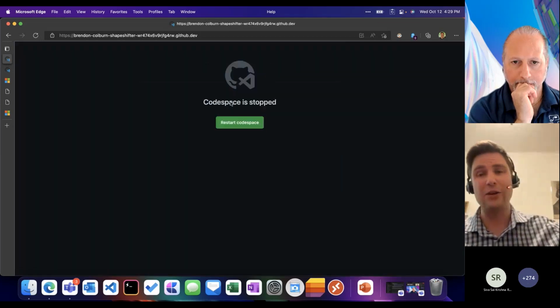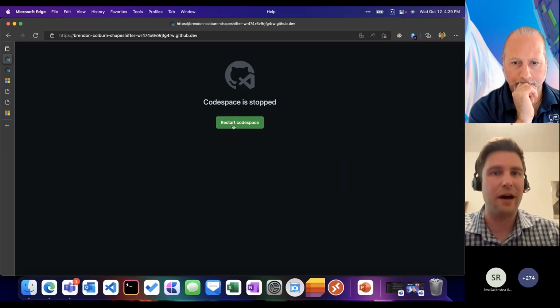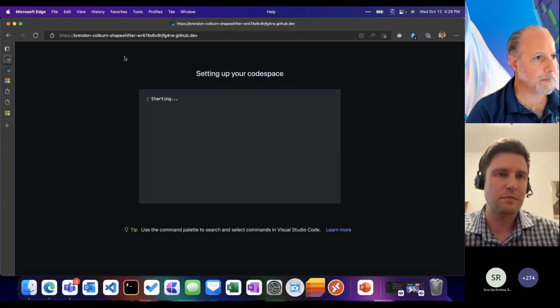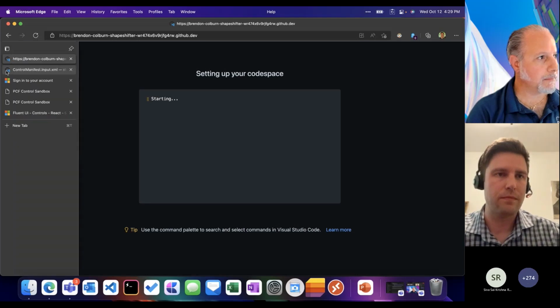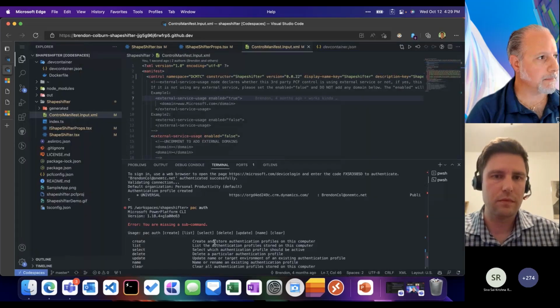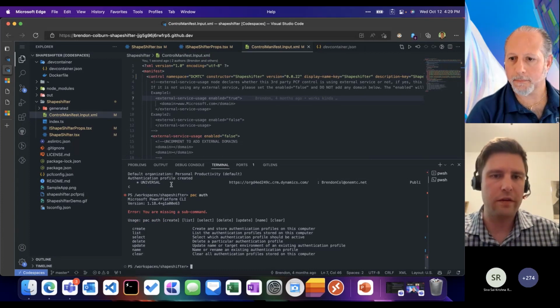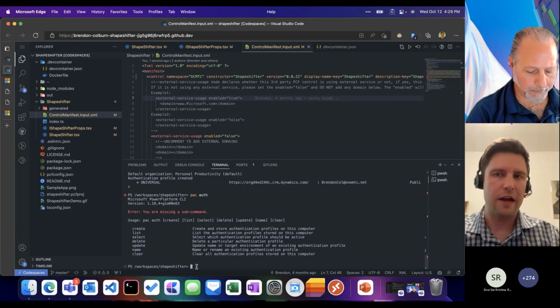So I can have multiple codespaces up and running at the same time, which is nice. What I wanted to do, if I can get this authenticated on the fly, is I wanted to do